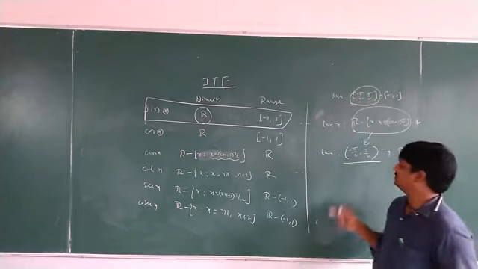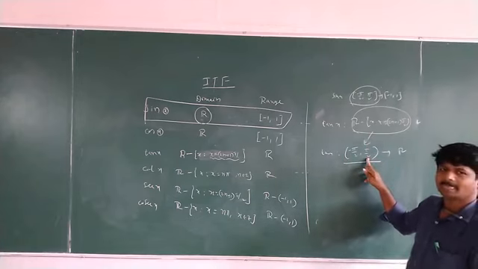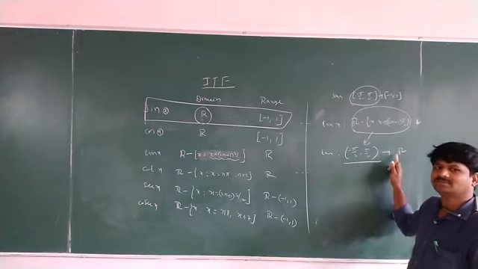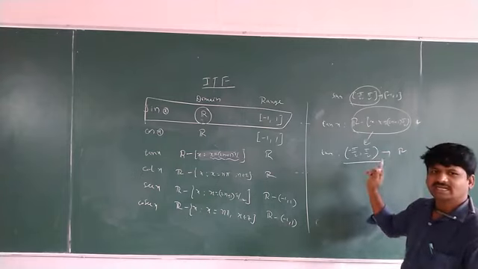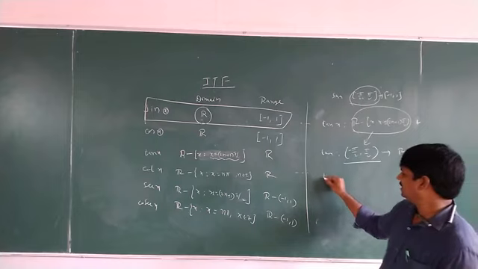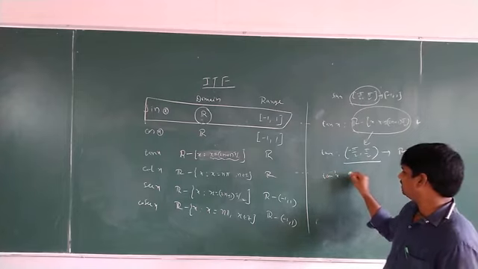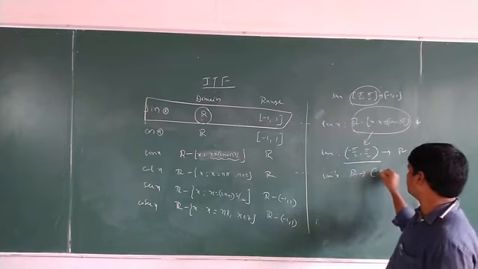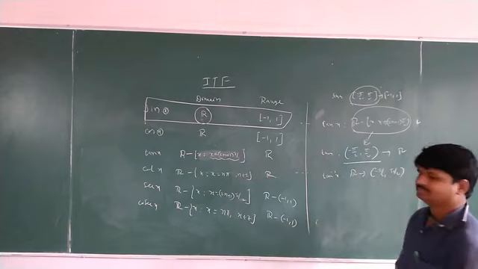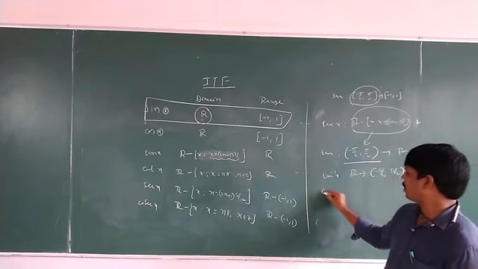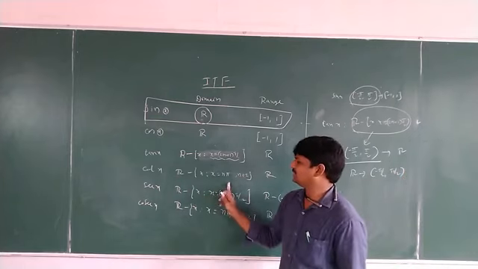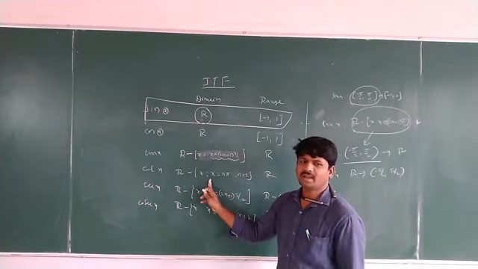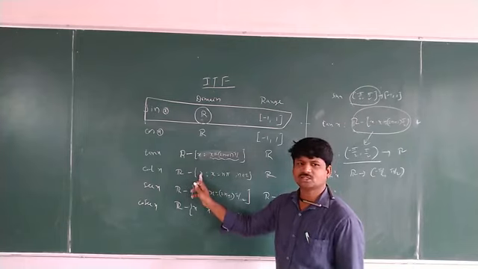You have to restrict like this: open interval minus pi by 2 comma pi by 2, or open interval pi by 2 comma 3 pi by 2, 3 pi by 2 comma 5 pi by 2, and so on. Then tan is bijective. Then take the reverse, and we define tan inverse. Tan inverse is from R to open interval minus pi by 2 comma pi by 2. Understand? Same like this is cot x. Actually, what is cot x here? R minus this set. To make it bijective and define the inverse, we compulsorily have to restrict this domain. How do we do it?